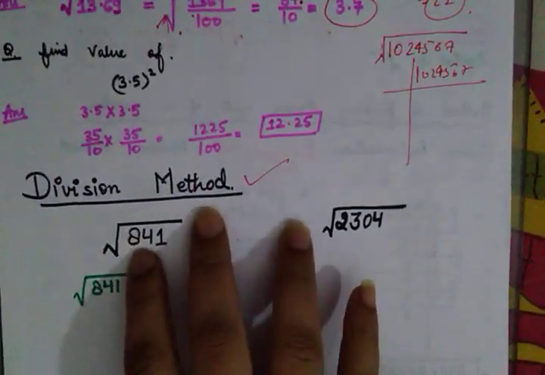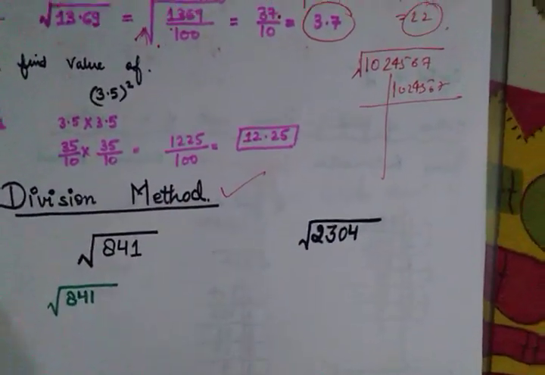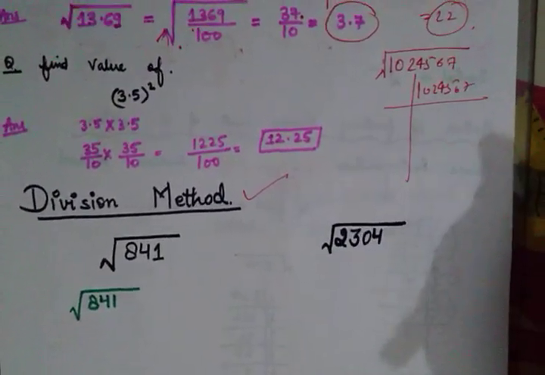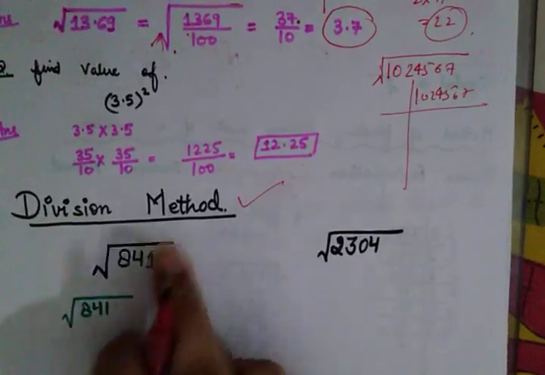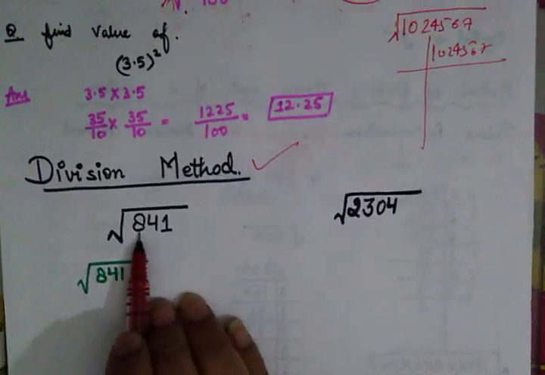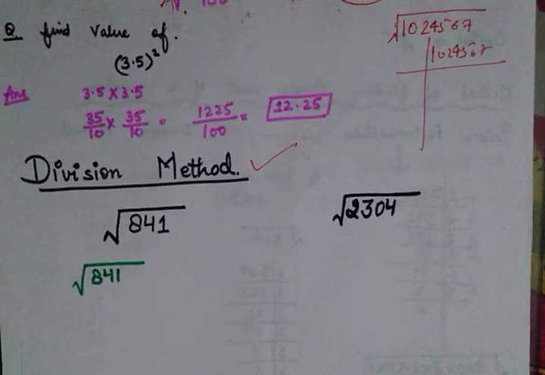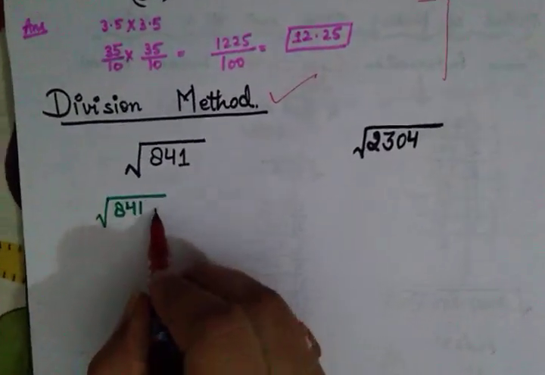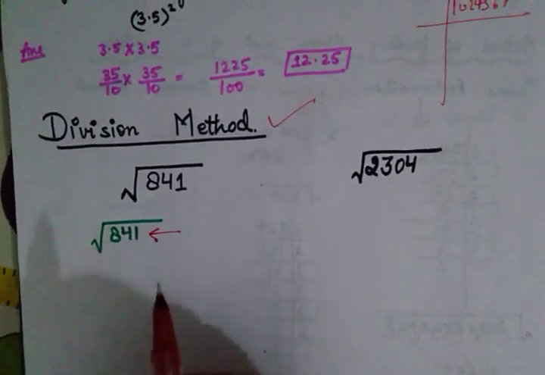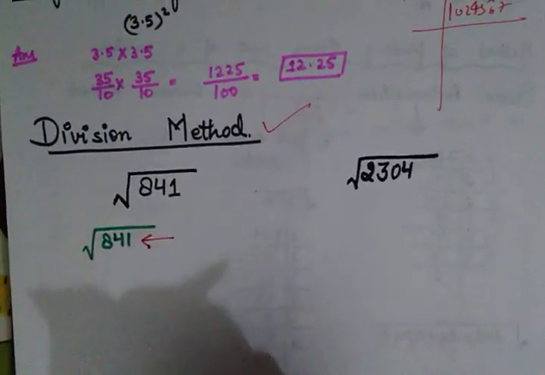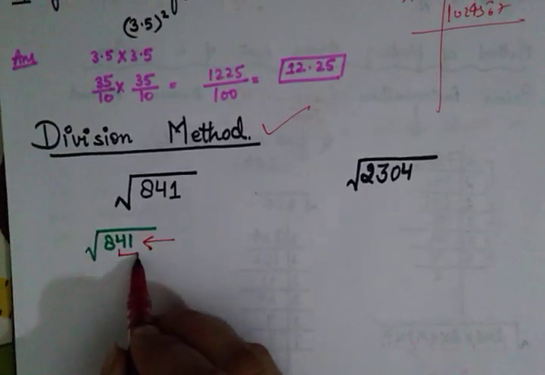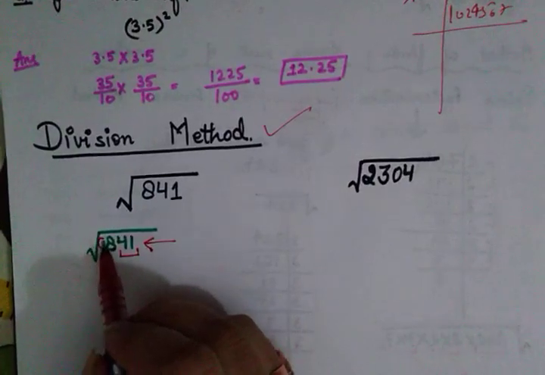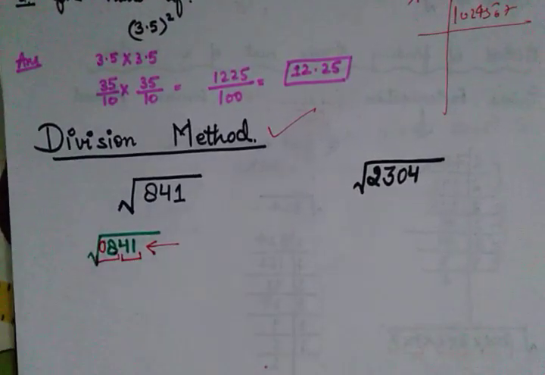Become perfect in this and you will have two techniques now for calculating the square root, and whichever you like you can use. So let's proceed with the division method. Suppose the question is calculate the square root of 841. So let's see how the calculation will begin. You have to start from the right hand side and make pairs of two numbers together. 41 will come in one pair, and 8, since it is alone, you can add a 0 before it, and this is the other pair.